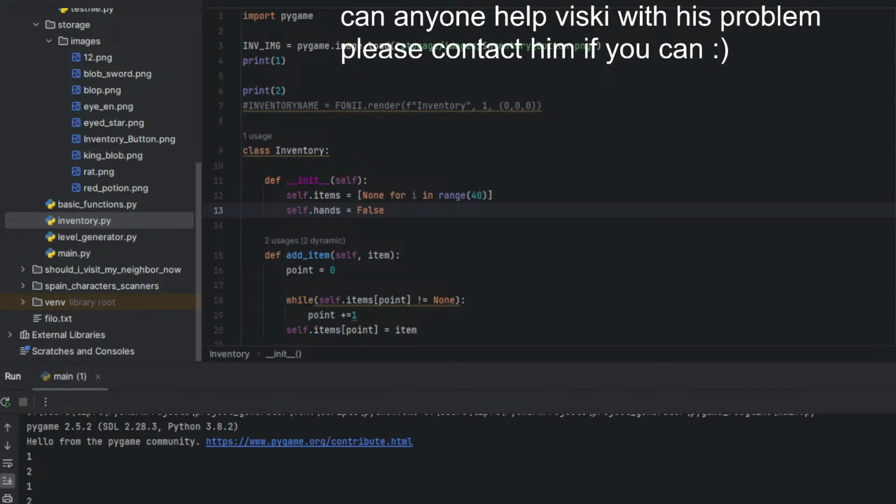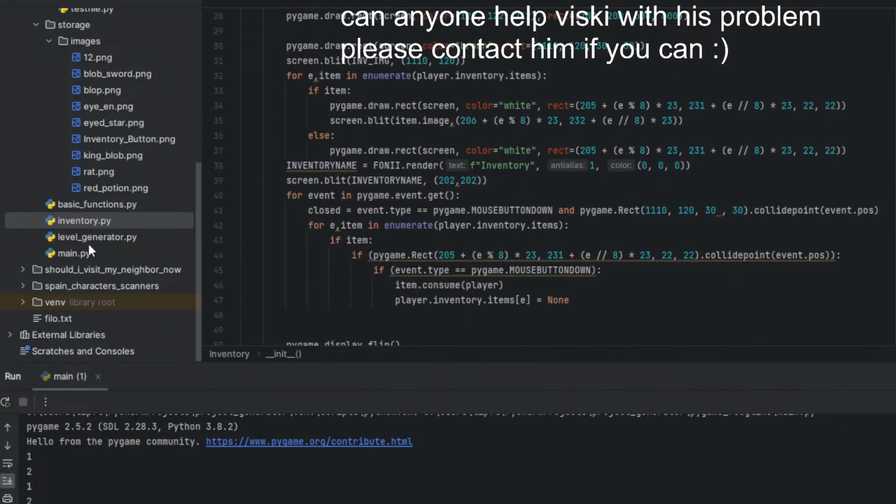We need to make sure that we can't equip items more than once. So that's why we're simply doing it like this. It serves some purpose, which is kind of important. Okay, so self.hands is false.